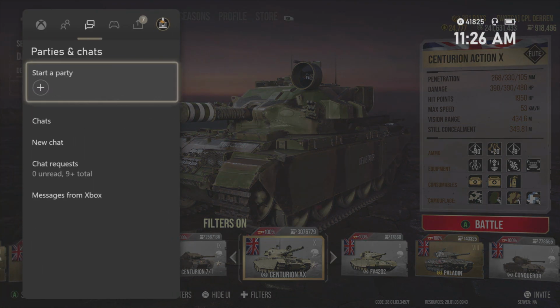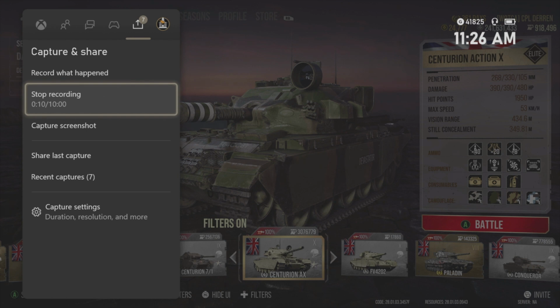Now, if we go back to the same tab here, you can see that I can stop recording, and you can see it is 12 seconds out of a total of 10 minutes. 10 minutes should be more than enough time for you to capture an average game in World of Tanks console. Of course, though, if you do have a game that runs longer than 10 minutes, it might be helpful for